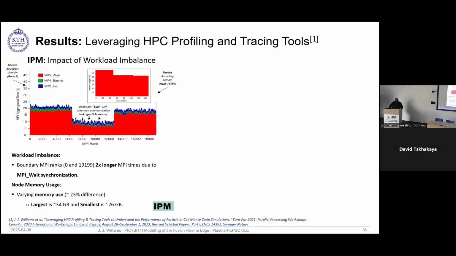For an HPC case, as a computer scientist, I need to see everything, right? So right away, I noticed that those little boundary ranks that you're focusing on are the ones taking the longest. That makes sense because you're spending time developing this. But then you notice it's affecting the other ones, and it's telling you these ranks are busy due to some processes. And then the memory usage is also being affected here,